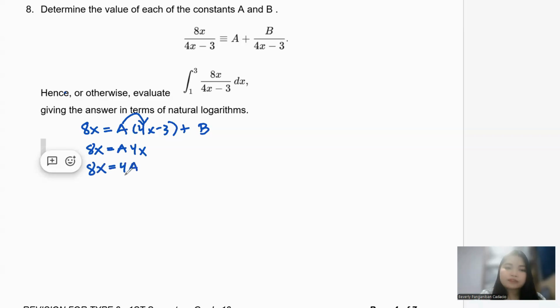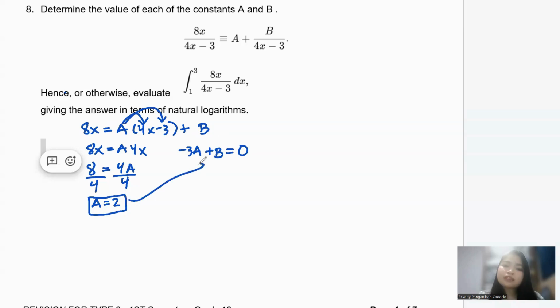Let me just interchange that. Why did I put the x still there? Okay, I'm going to remove the x. Then for this one, for A, divide both sides by 4. Then your A will be just 2. Easy peasy. But what are you going to do to get your B? Actually, you can simply also do comparing coefficients here. For example, for the constant, you're going to have negative 3A, and your B is just alone, and it's equal to, do you have any constant here? No, nothing. So it's just going to be equal to 0.